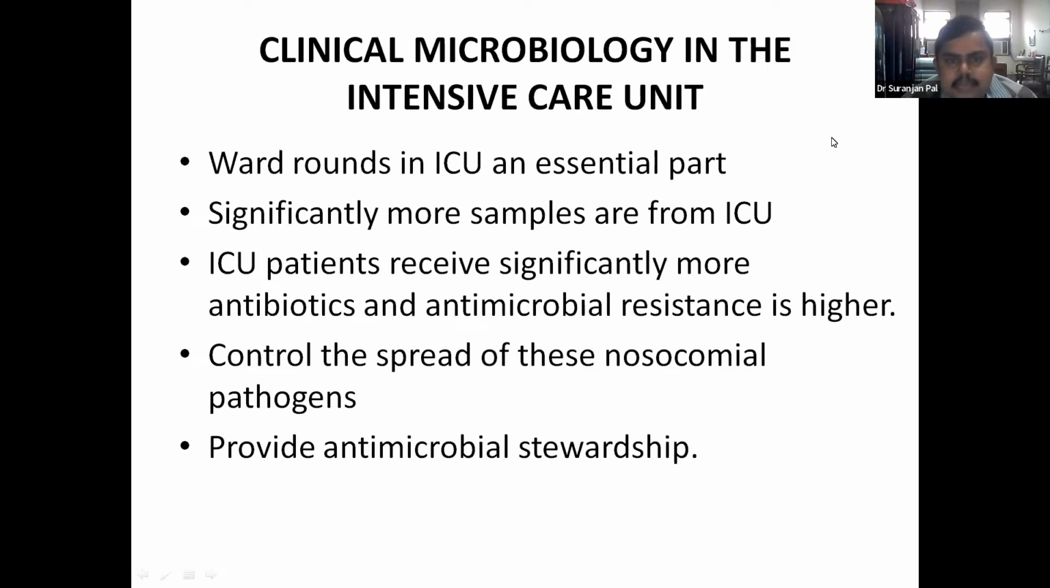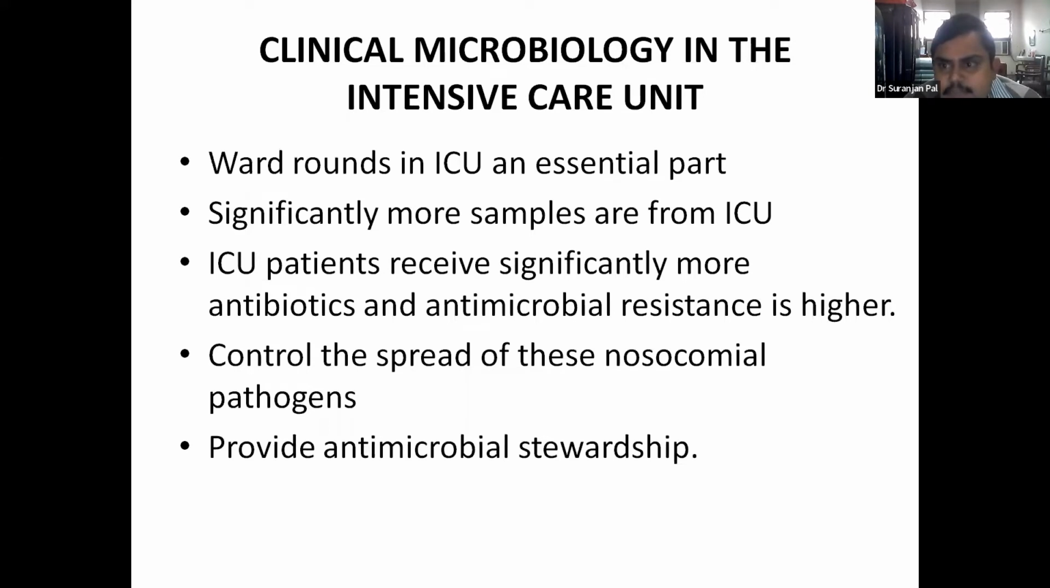Next is clinical microbiology in the intensive care unit. Intensive care unit patients are very sick. So ward rounds in an ICU are an essential part of a clinical microbiologist's work. If we are not going to the ward, we usually do not know what patients we are getting,